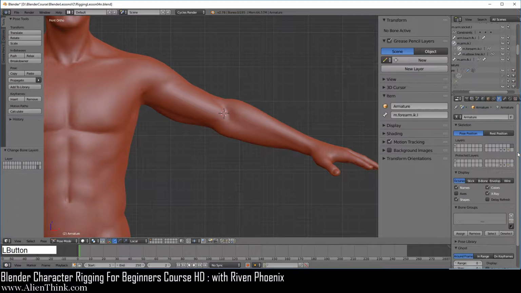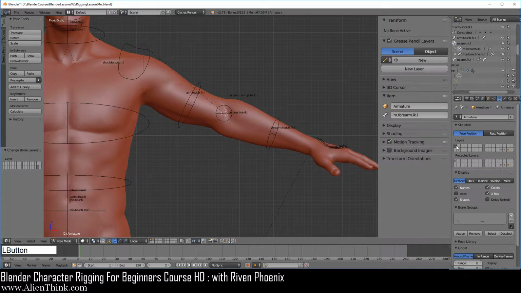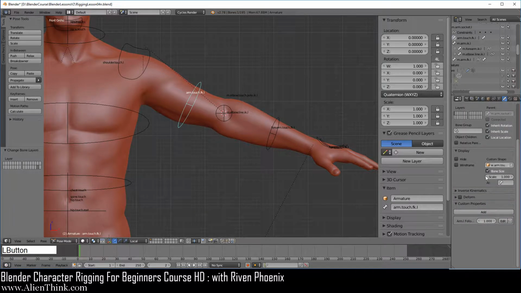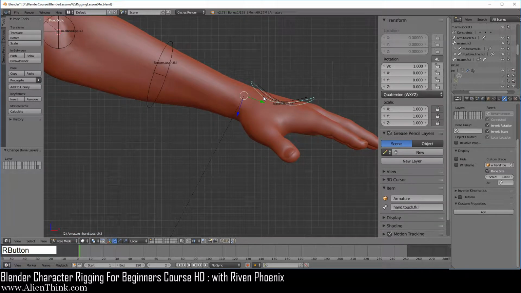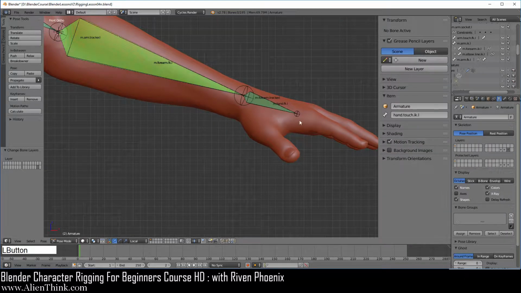Okay, so now over here we should have all the bones here on this layer. Now let's go ahead and click on this and just click on these and just make sure that on the bone tab the deform is off on all these bones over here, which it is. I'm going to go ahead and switch to the data tab and just click on this over here.